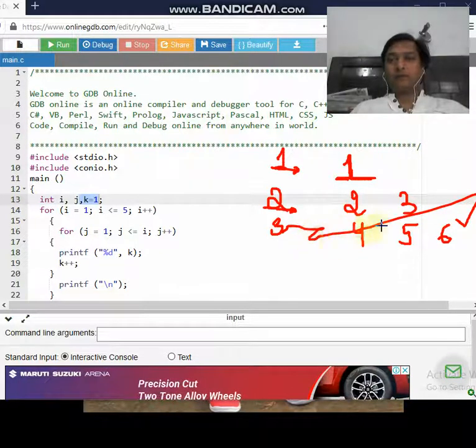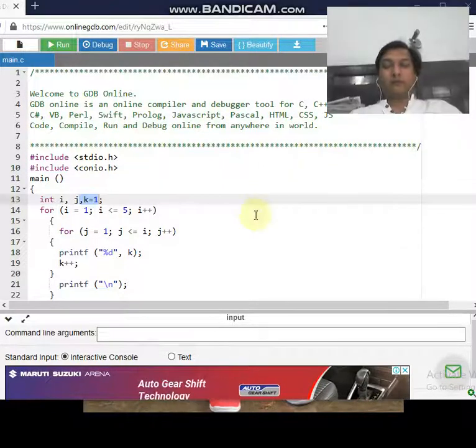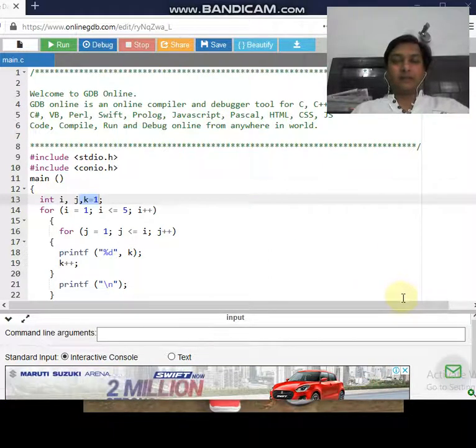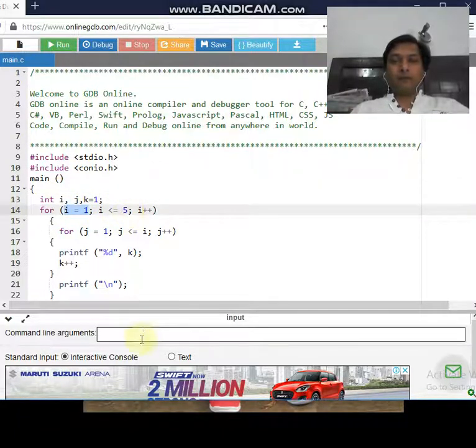So this is how we can understand the concept of Floyd's triangle. Let us see how this gets done. Over here we have declared the two variables i and j, and a third variable k, which is initialized with 1, and everything is like the previous program. The outer for loop is initialized with i as 1 and goes up to 5. You can choose the value as 6, 7, 8; it depends upon the user.